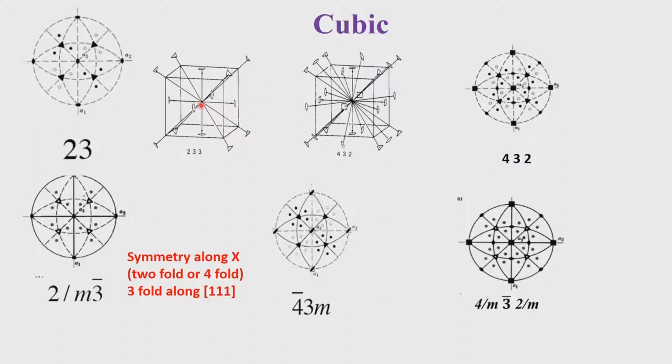But if you compare this diagram with this diagram, you will start seeing the intersection points appearing here as different kinds of rotation axes. So, in a typical cubic system we can have a 2-fold along the x direction or a 4-fold along the x direction. We will also have a compulsory 3-fold along the diagonal, and the diagonal now is 1 1 1. The presence of the compulsory 3-fold is the unique symmetry associated with a cubic system.